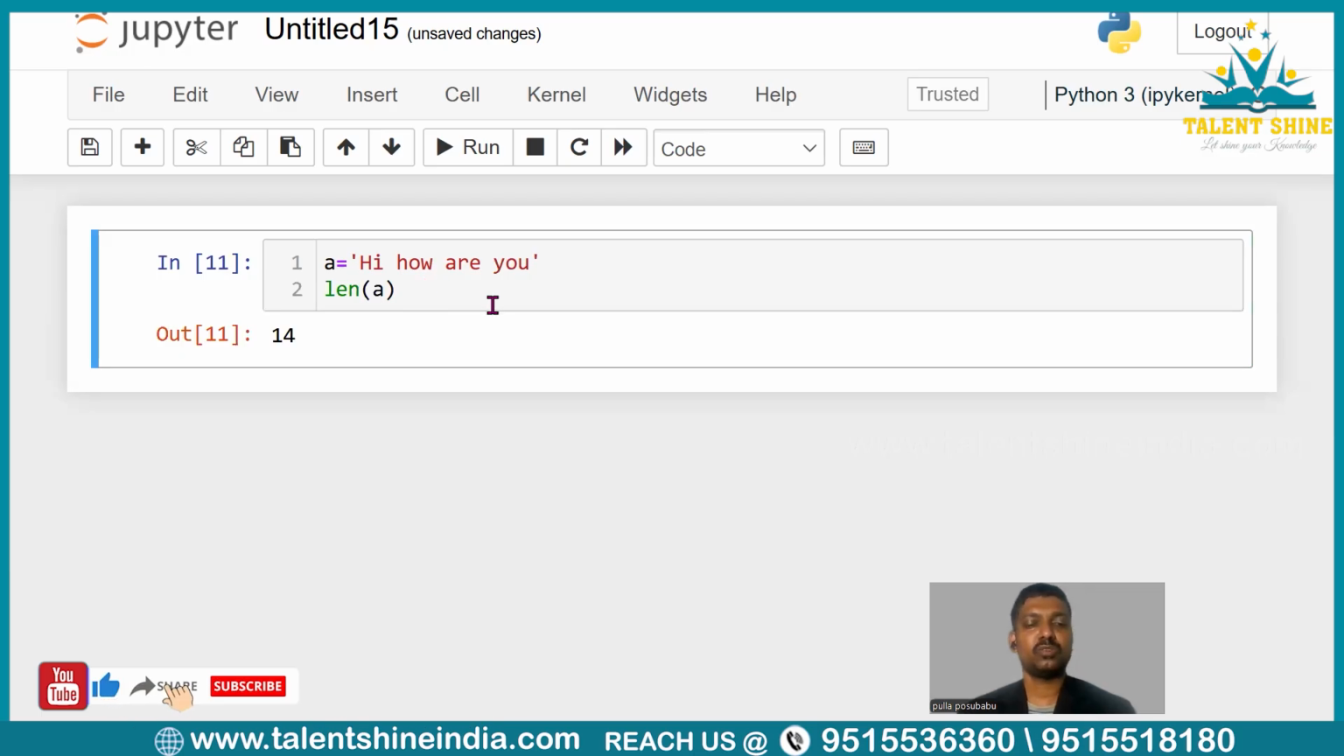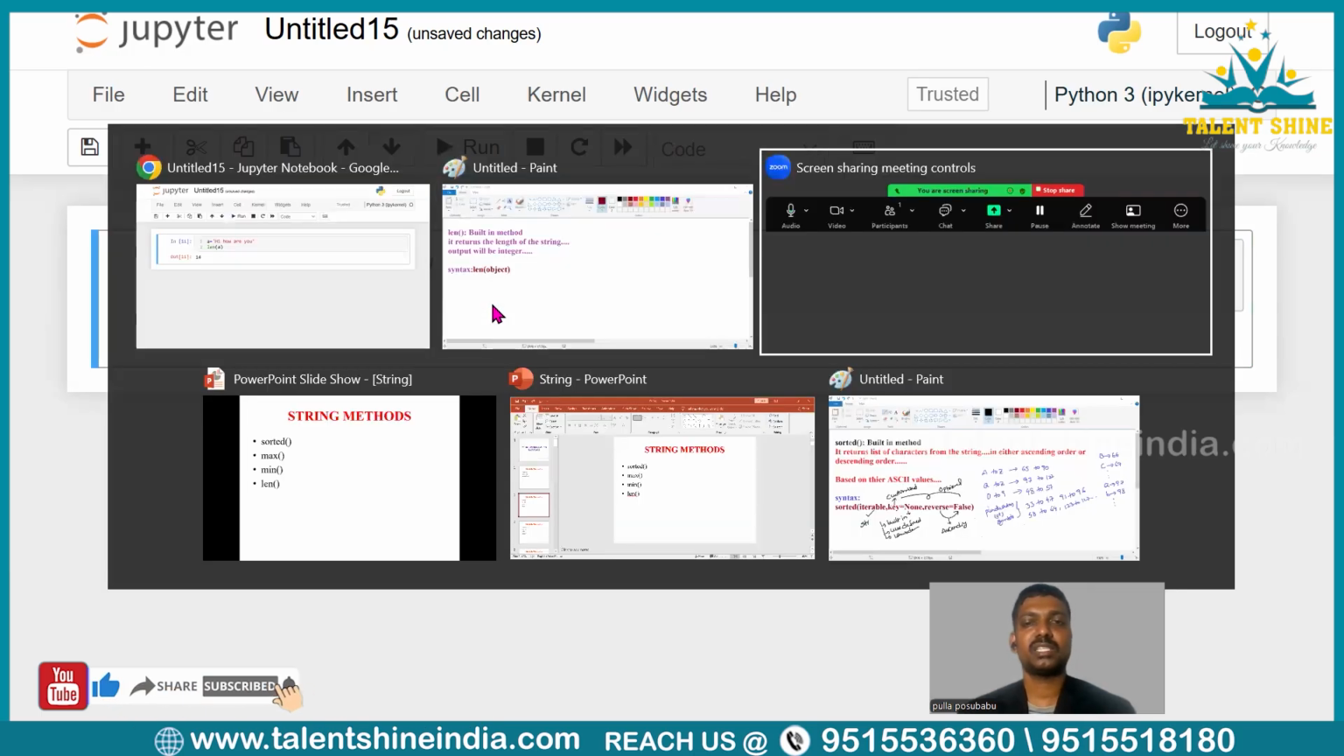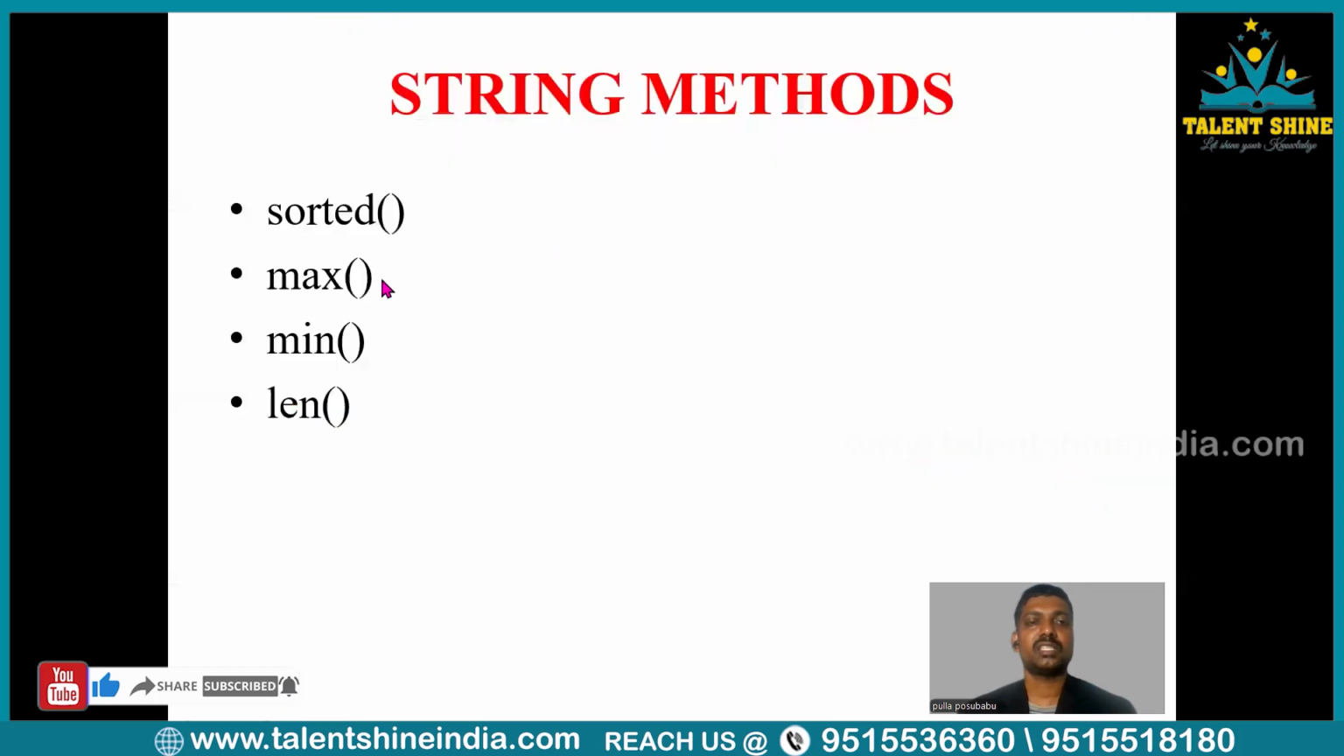If you clearly understood the three methods which I have discussed in this presentation, that is the sorted method, the max and min methods, and the len method,